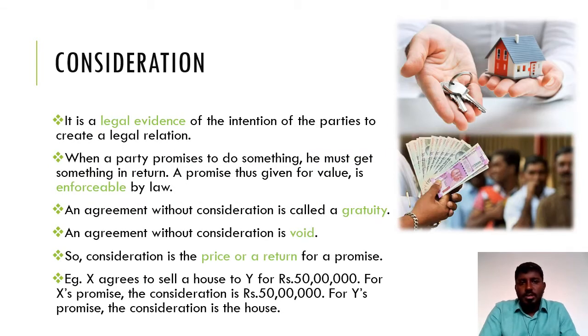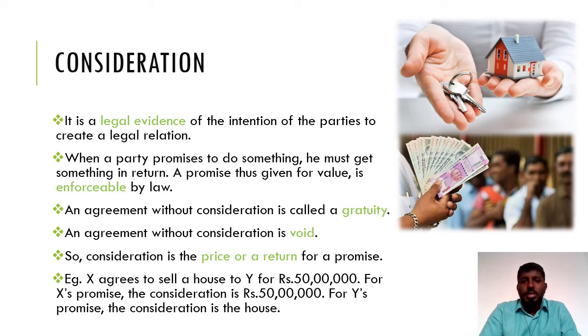Consideration is actually the legal evidence of the intention of the parties to create a legal relationship. Whenever a legal relationship is created between the promiser and the promisee, there should always be a consideration. When we see the second point, when a party promises to do something, he must get something in return. A promise thus given for value is enforceable by law, right? Only a promise with consideration will be enforceable by law. And when you see the third point,